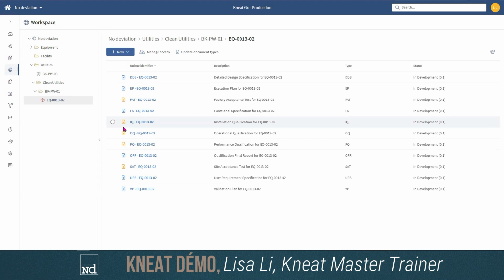For the blue documents, we are talking about design documents. There will only be one approval step. It's a document that you will draft, and once it's drafted, you will approve it and it will be finished. For example, we have the functional specification or URS, which are design documents that we will approve